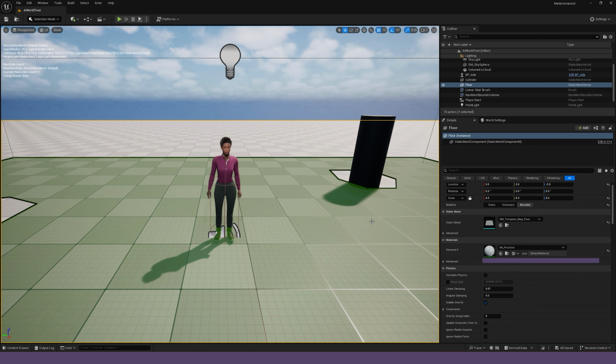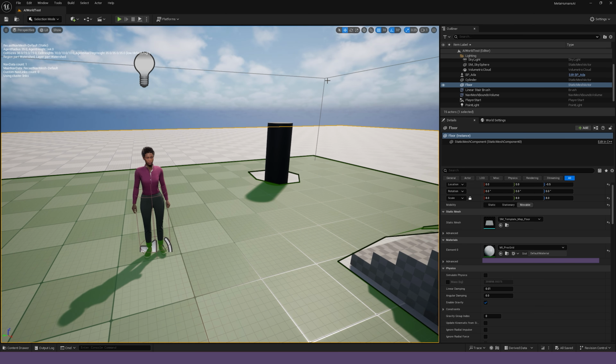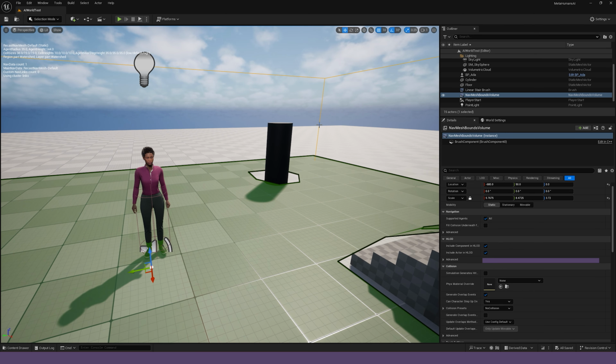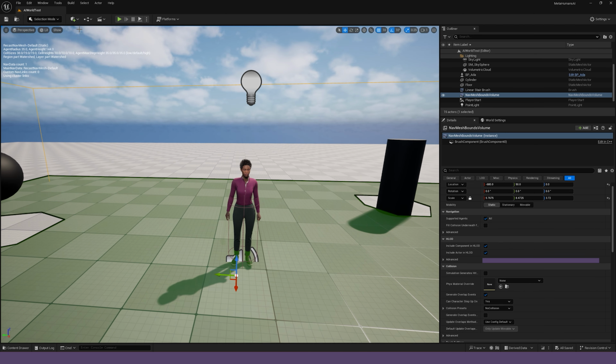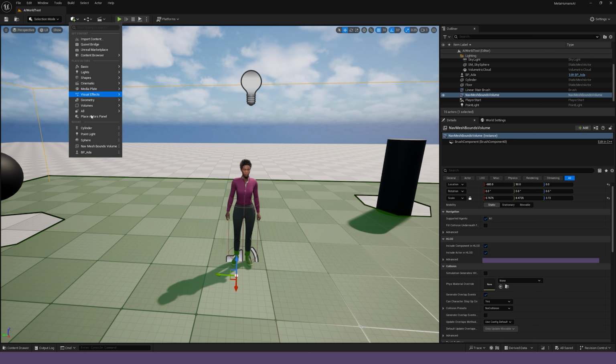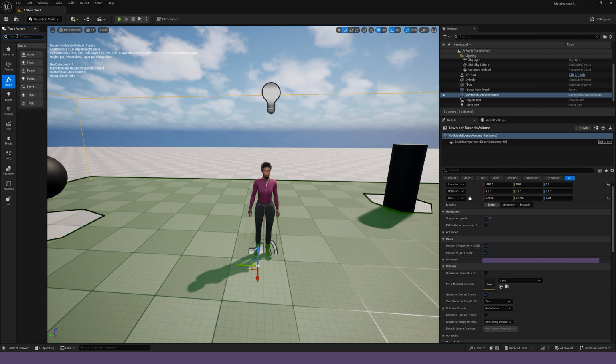And the reason she can walk around is because in our scene we added this nav mesh bounds volume. So we did that via the place actors panel. I typed in